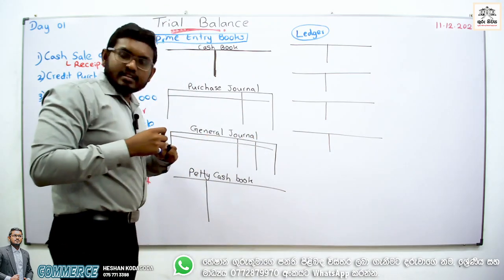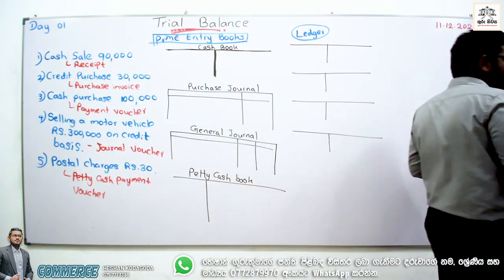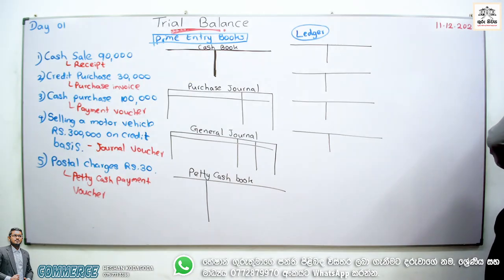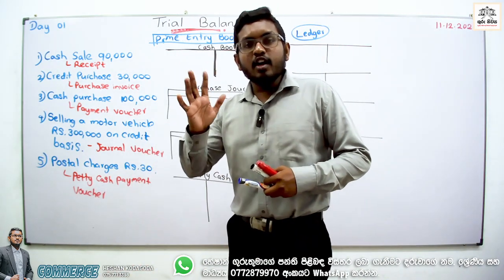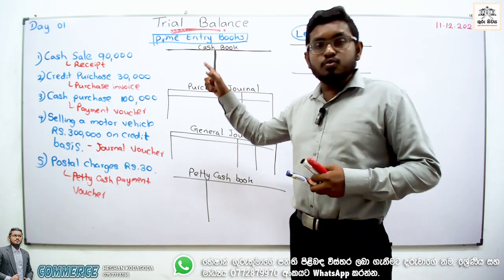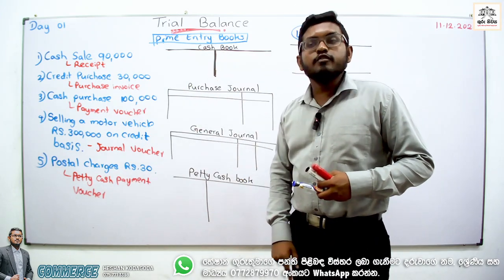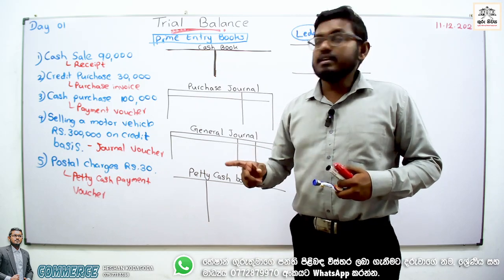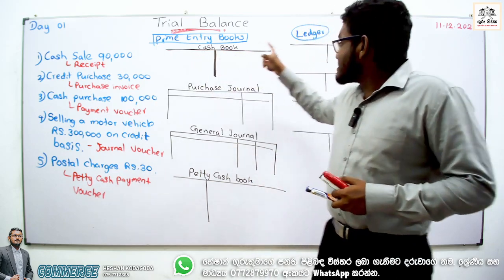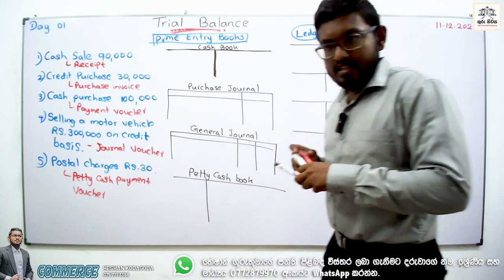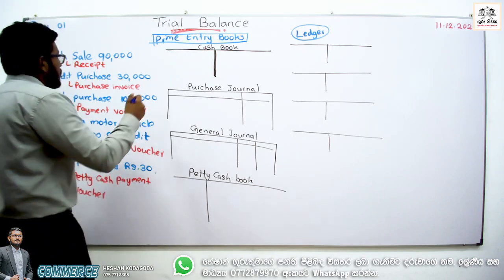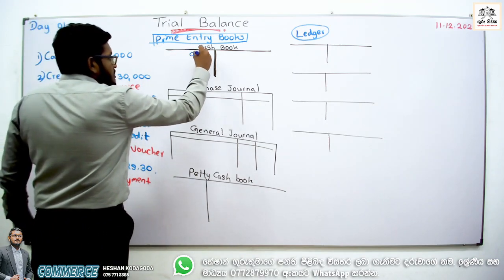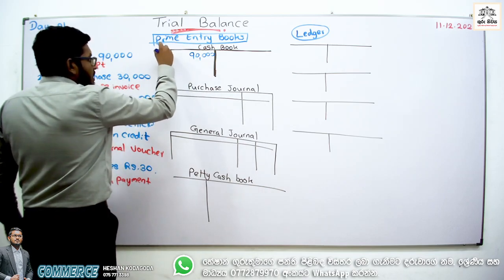Are you ready to start the calculation? Okay, now we need to record the transactions. What is the first one? Cash sale. What is the double entry? We don't need to record both sides of the double entry in the ledger. Why? Cash book and petty cash book perform a dual function. Understand? So what is the double entry? Cash book debit, sales account credit. So cash book debit how much? 90,000. So here I'm going to write the number 1 and sales.